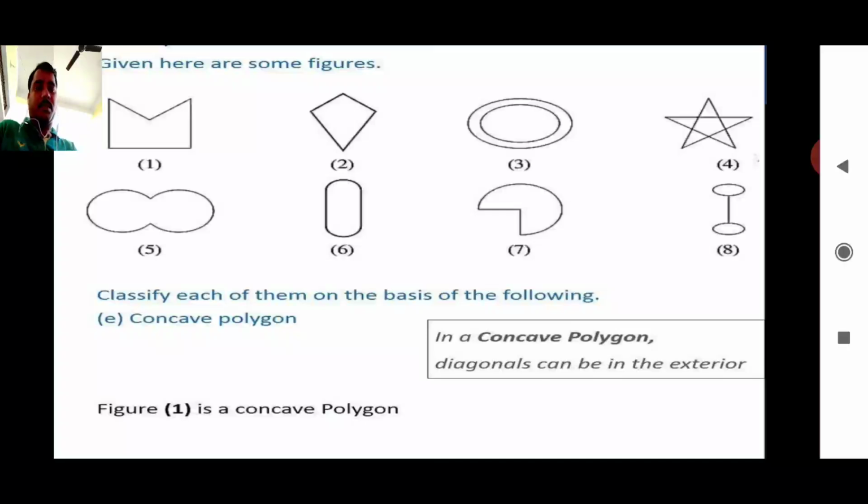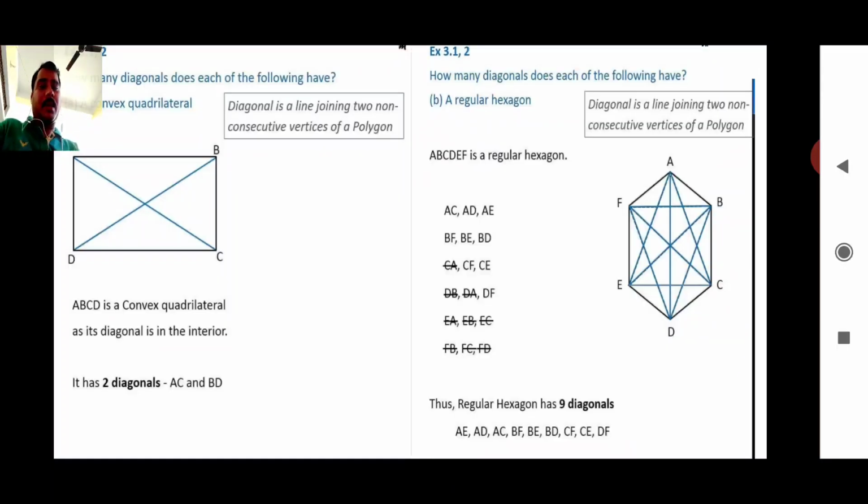Next one, concave polygon. First one is a concave polygon because the diagonal of first lies outside the exterior of the polygon. In a concave polygon, diagonals can be in the exterior. Okay, so it is clear that the first one is a concave polygon. Second one,